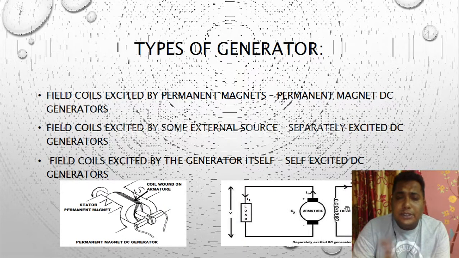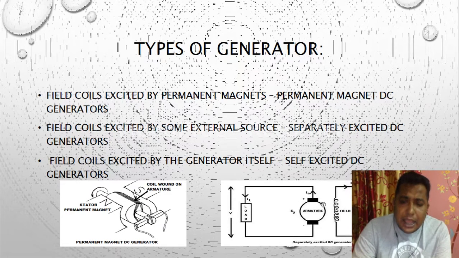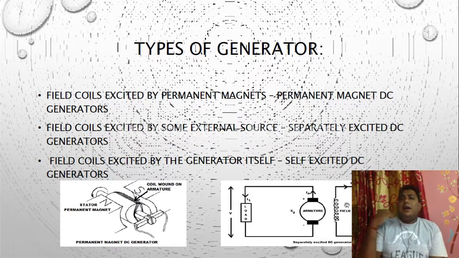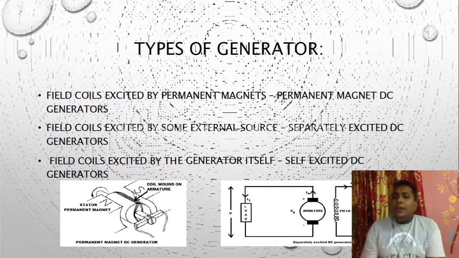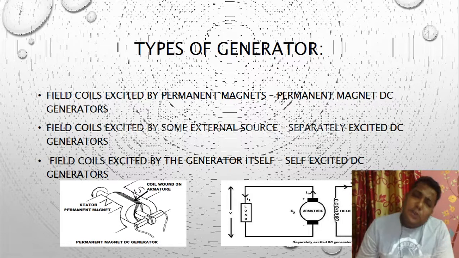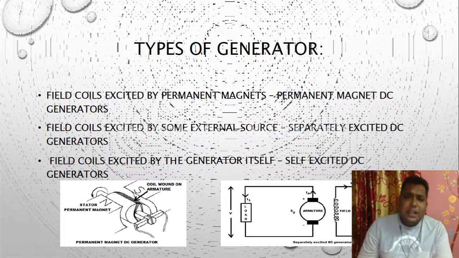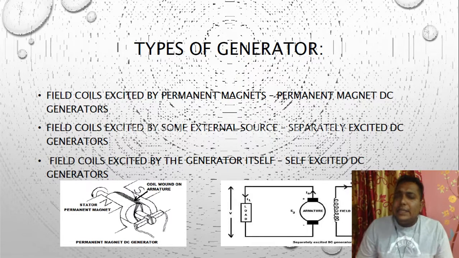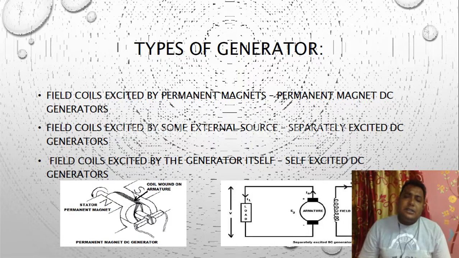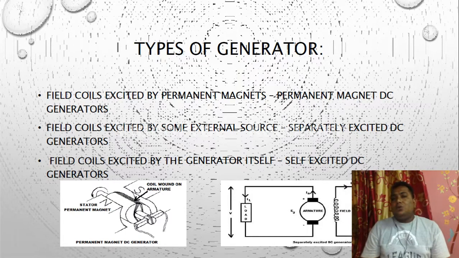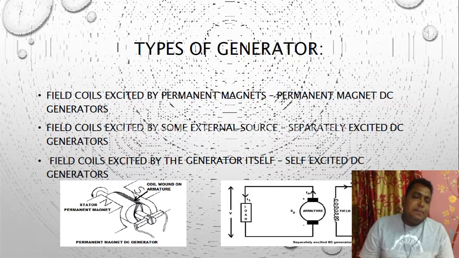So first we have identified that this is the field winding, next one is the armature winding, and this field winding is excited from some different source, and this armature winding is connected to some sort of load, maybe, without load it is also possible. That means, as we can see in the right side diagram, when this field winding is connected to some sort of source, then it is known as separately excited.